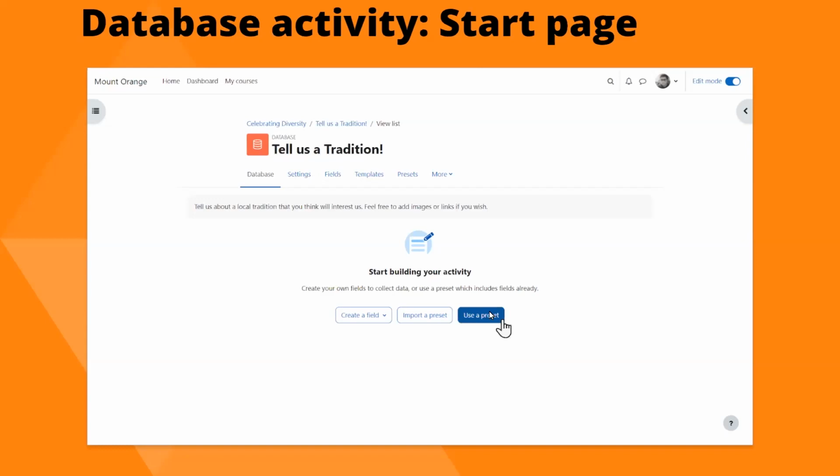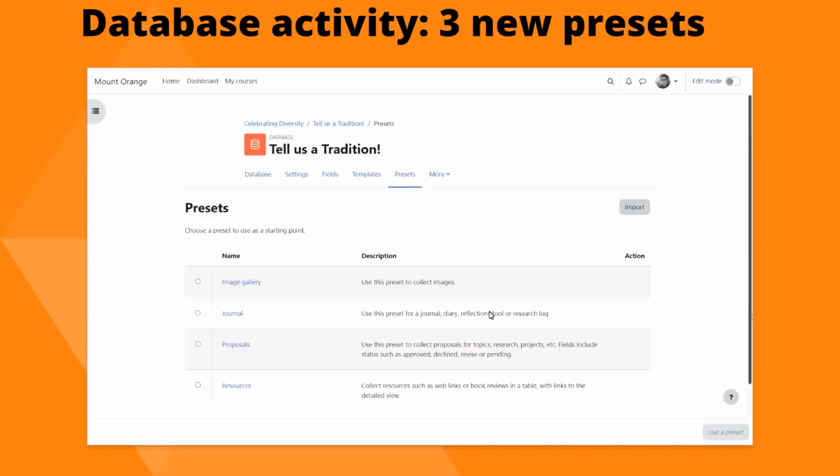So if we click use a preset, this is where it takes us to. And we have image gallery. So that's already been there for many years, but it's improved, as you'll see in a moment. And then we have 3 new presets: journal, proposals, and resources. These were ones which it was felt, based on discussions and surveys, would be the most useful presets to have.